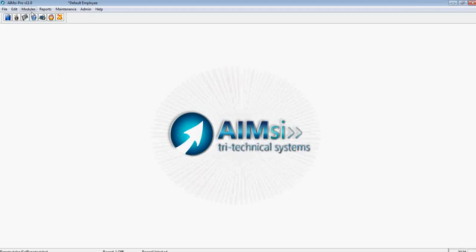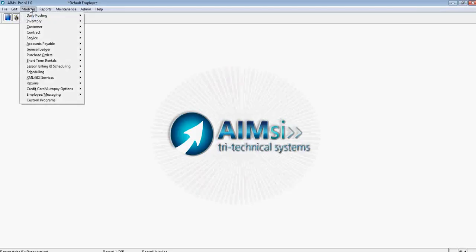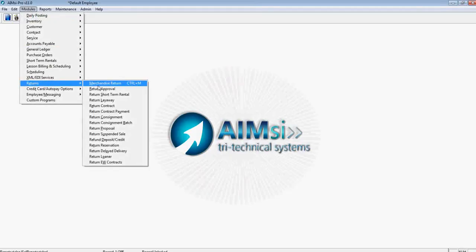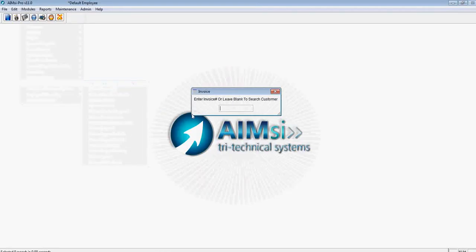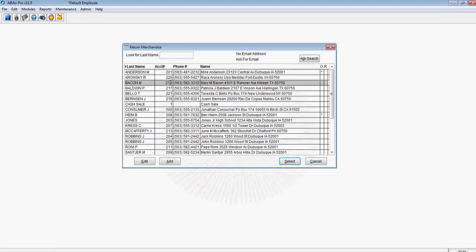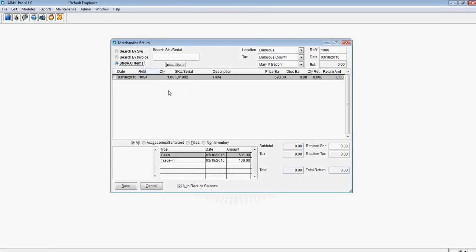everything. So again, we can go under modules, returns, and merchandise return and pull up Mary's account, and we can show all items. So I'm going to click that here. So now you'll notice that the total to return is 631, which is without the trade-in value. So it's not reducing it, is what I'm saying. And you'll see below that there is cash paid and trade-in. So when we hit save here,